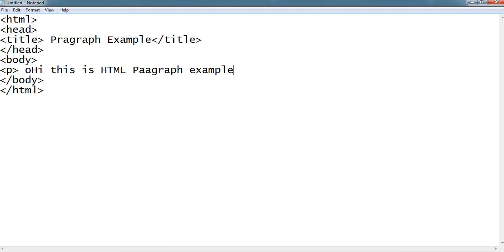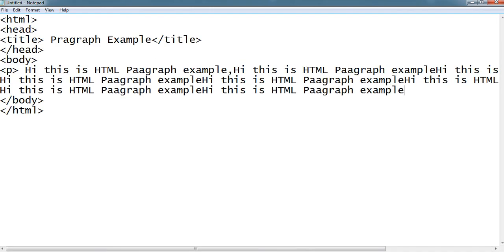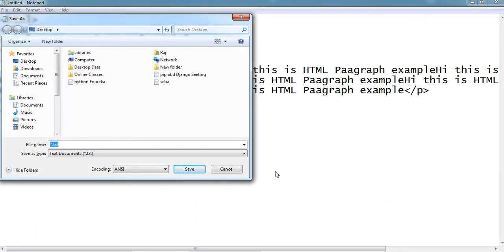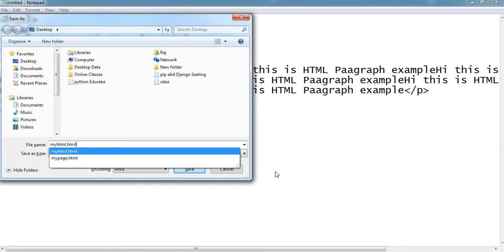We can type anything else here also. We will do one thing, student. I will copy this whole line again and again, and now after that I will close the paragraph tag. Now I'm going to save it on the desktop with the same file name.